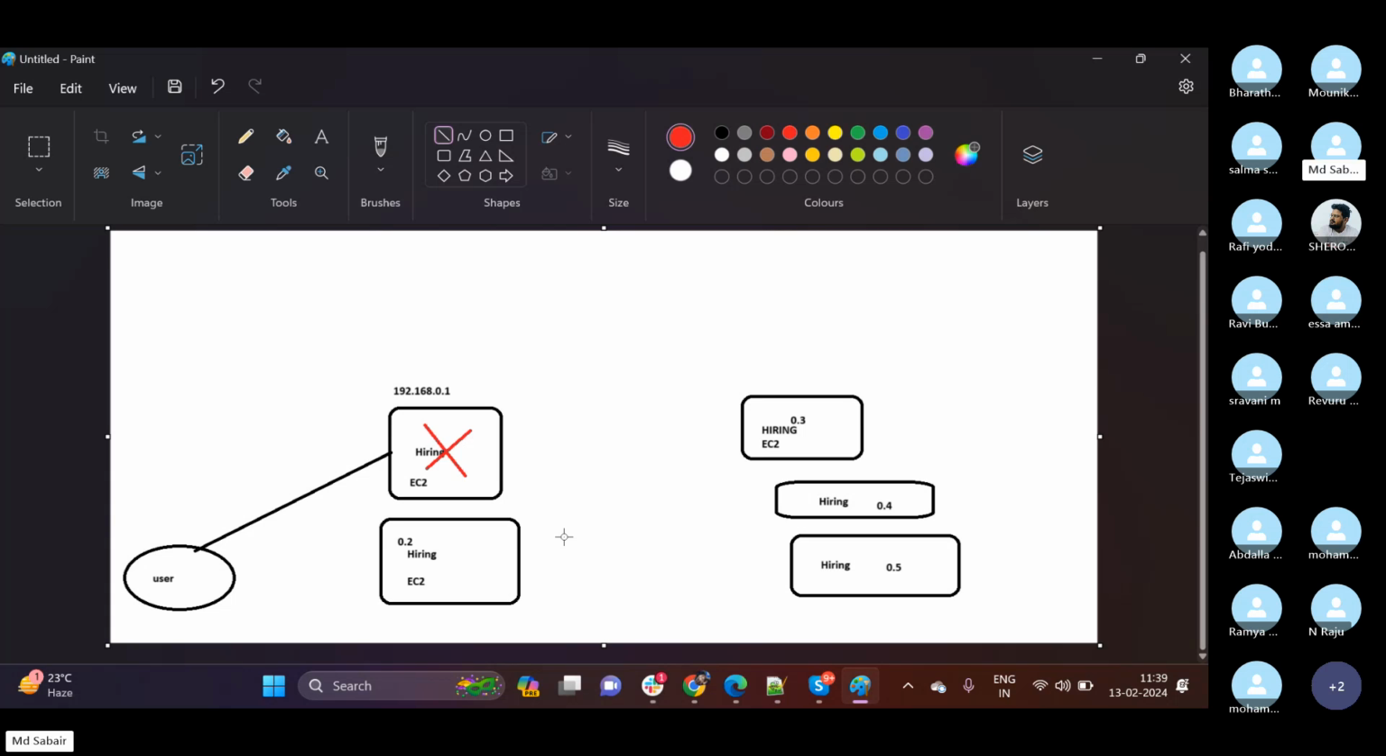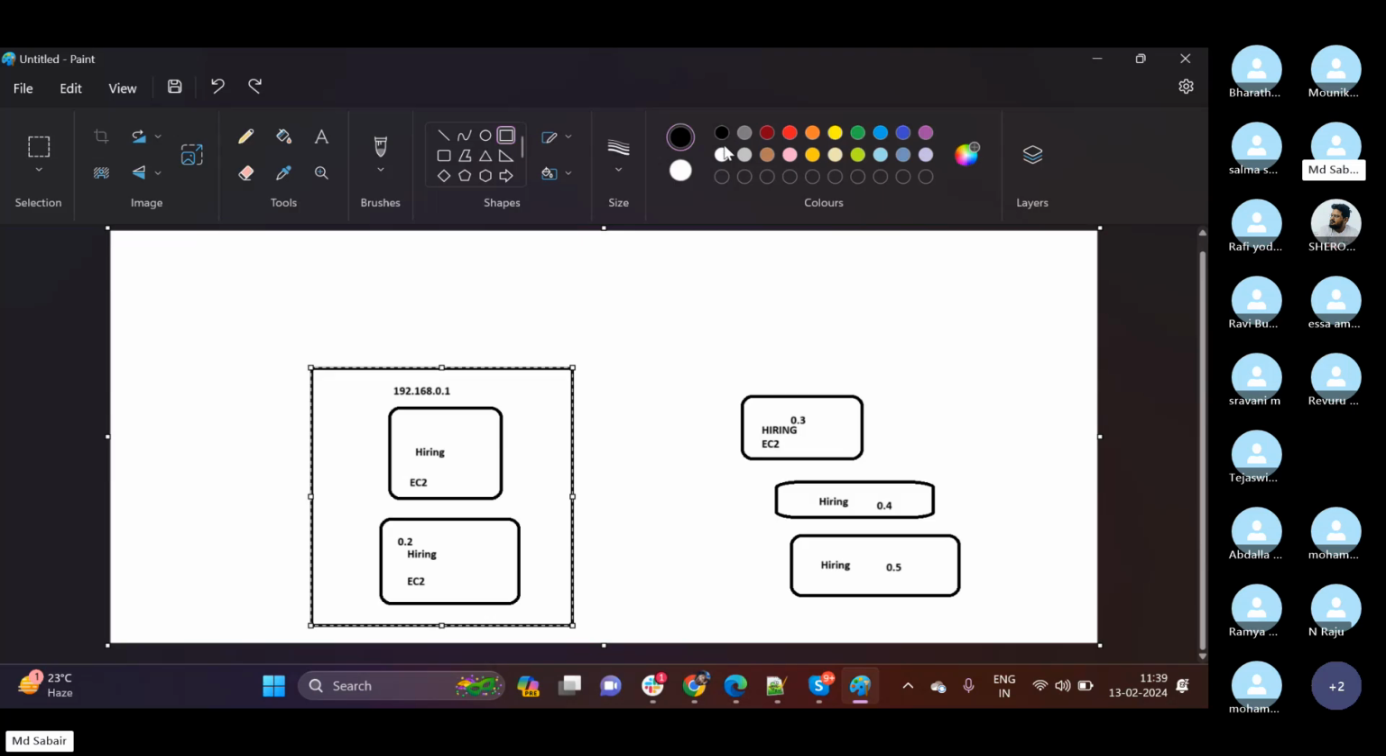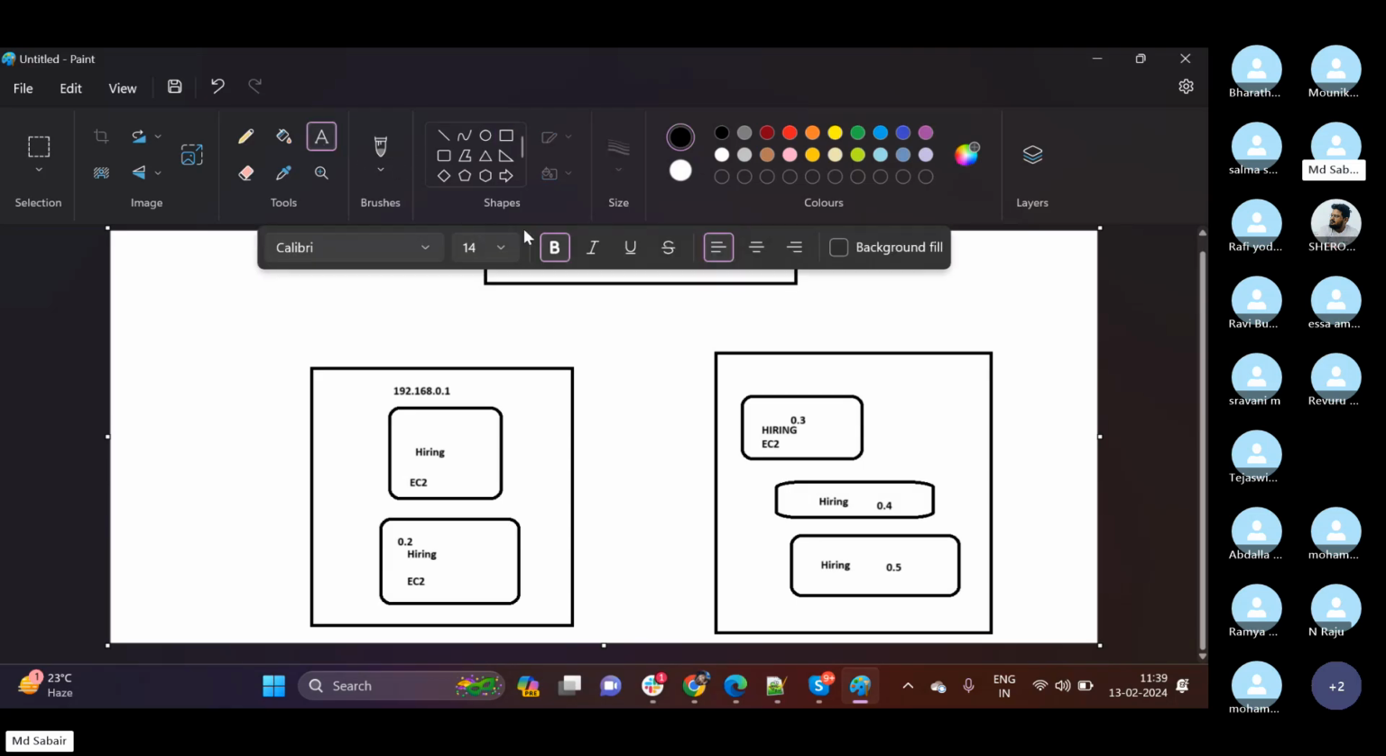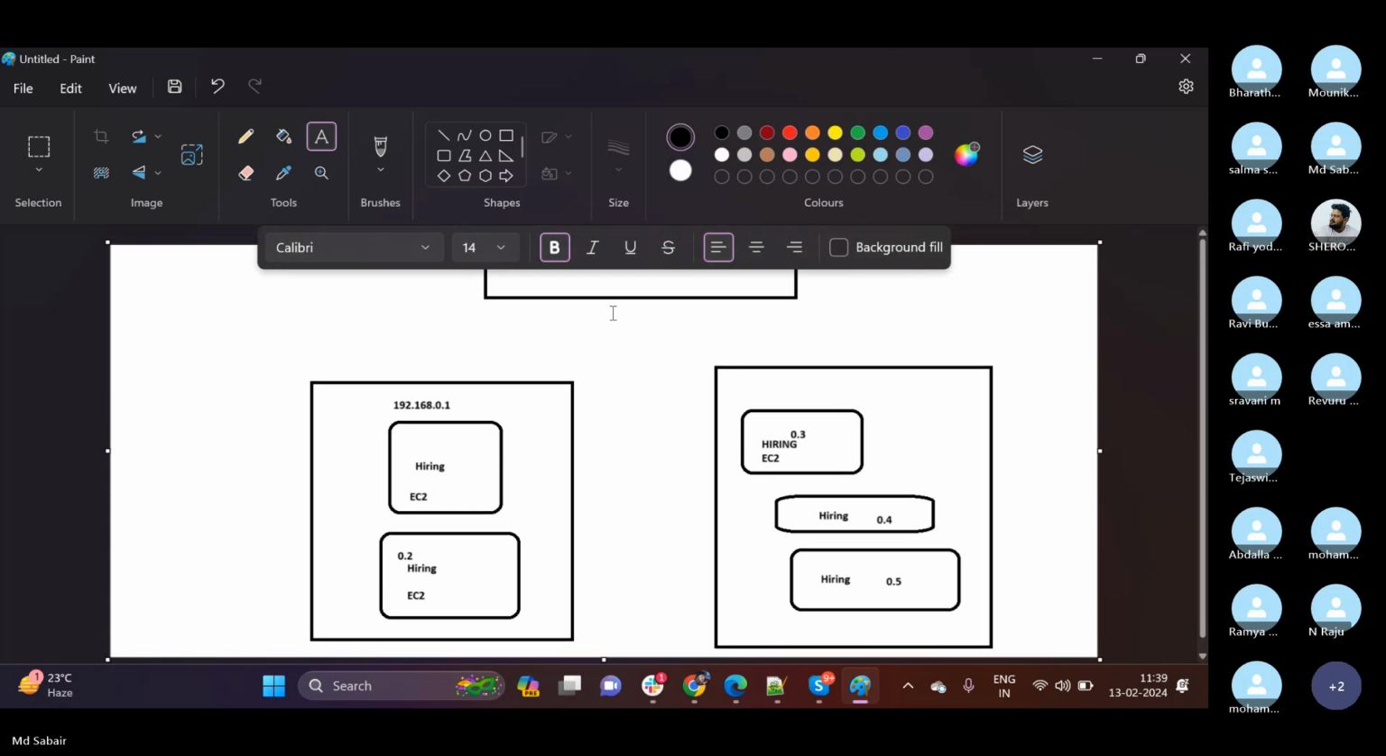So if we have our application deployed in multiple instances, we need a particular service that will help us distribute the load. For example, these are two different subnets. Out of these subnets, we'll be using one service called